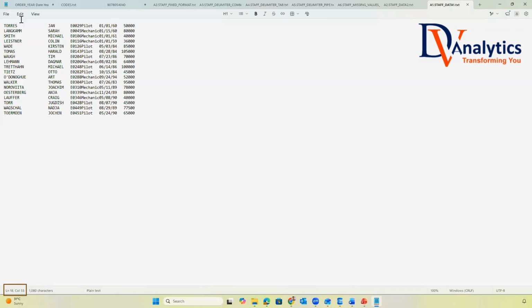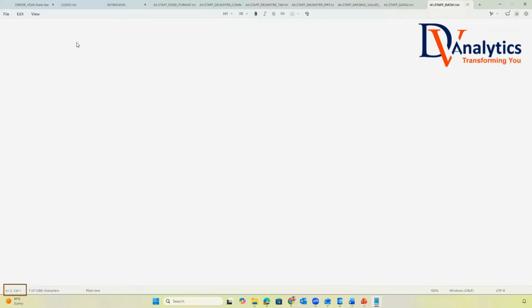So this is how we understand how to read the fixed format data file, because it starts with some variable values, from starting to end positions. Again, it starts with some starting position to end position. Now, from here to here, it is my customer last name. From here to here, it is employee's first name. This is employee code, which is given as E0029. This is employee job title. It is given employee date of joining, and it is also given employee's salary, how much they're getting. Now, this is the file which I want to read.